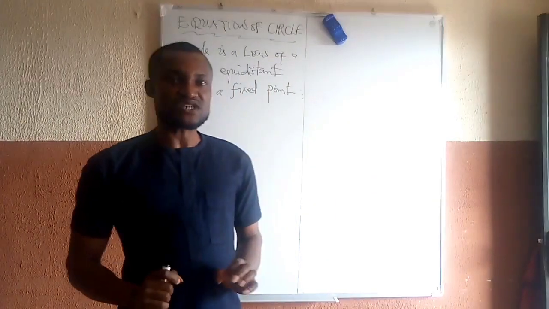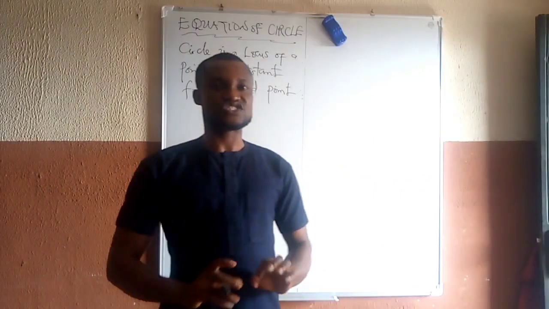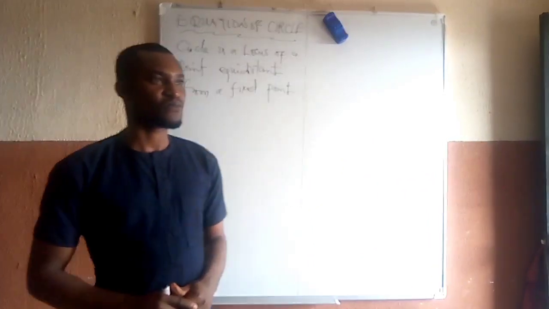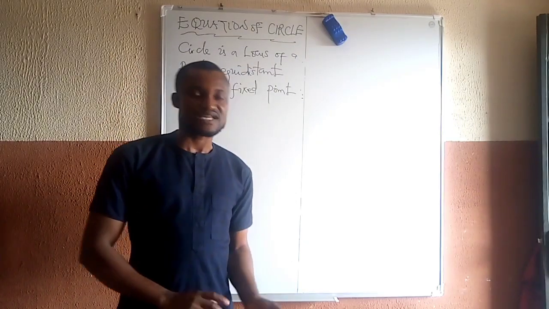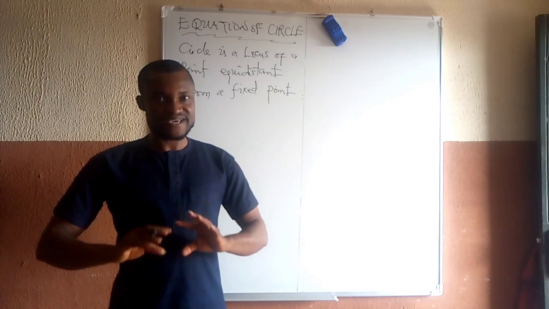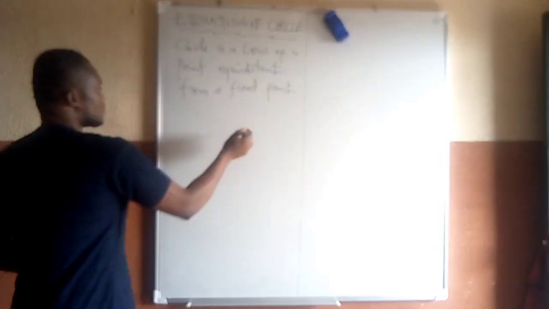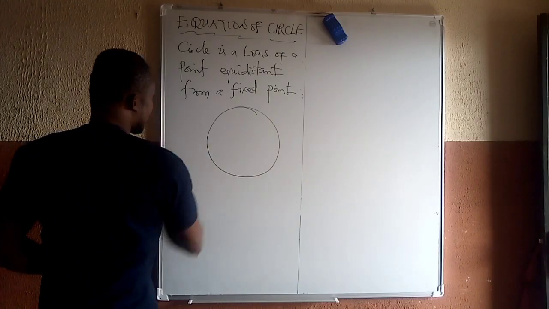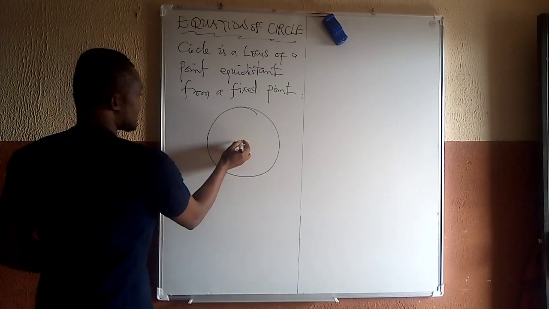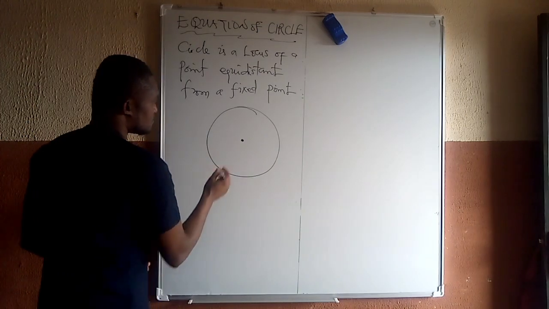The fixed point of a circle is known as the center of the circle, while the fixed length is called the radius. If you know the center and the radius of a circle, automatically obtaining the equation of a circle will be as easy. So if we have this as a circle, and here is the center of the circle, we